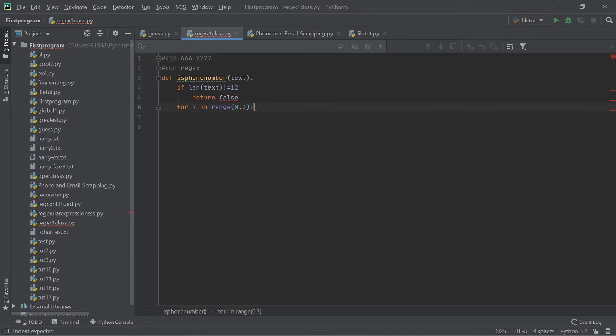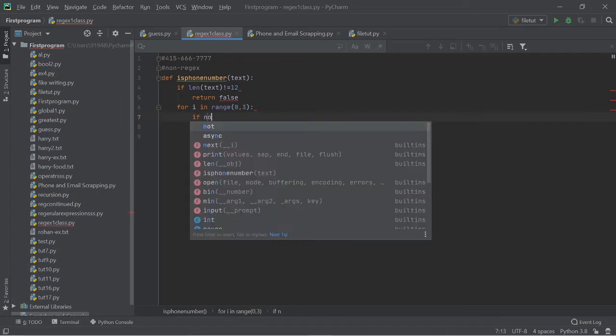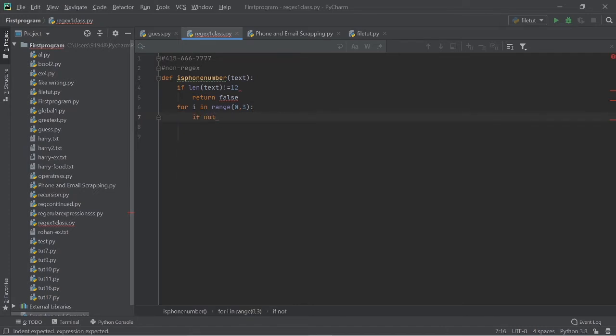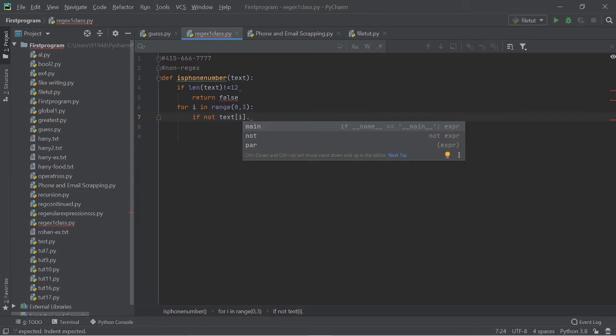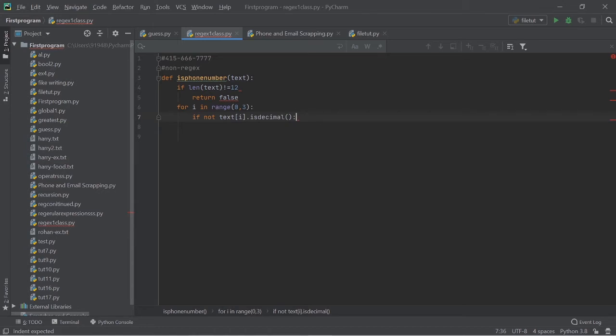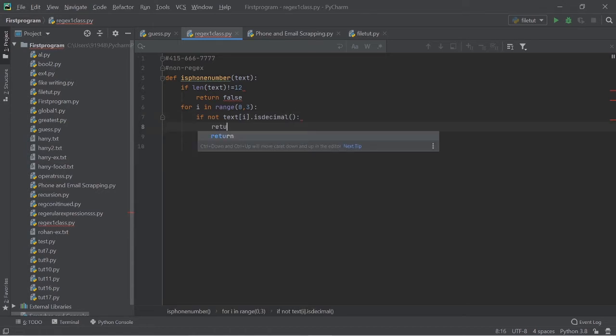For i in range, if not text of that respective i is decimal, then if it is not a number, it will return false.